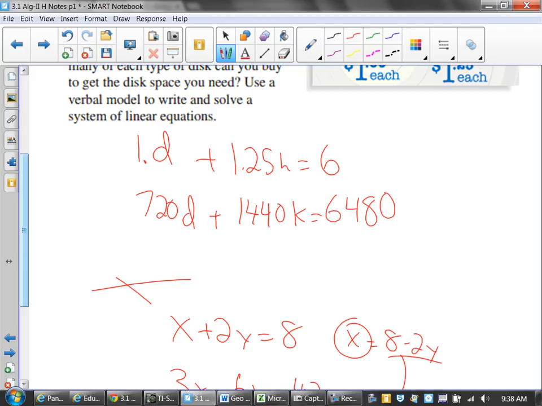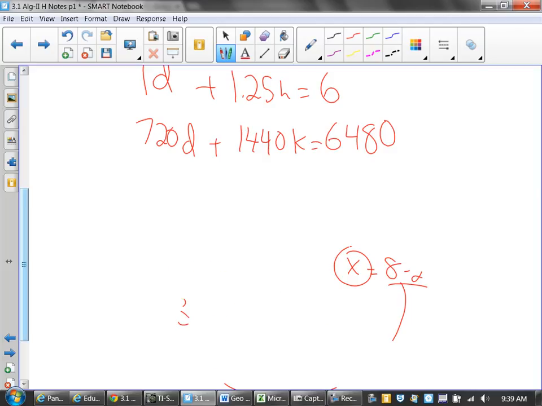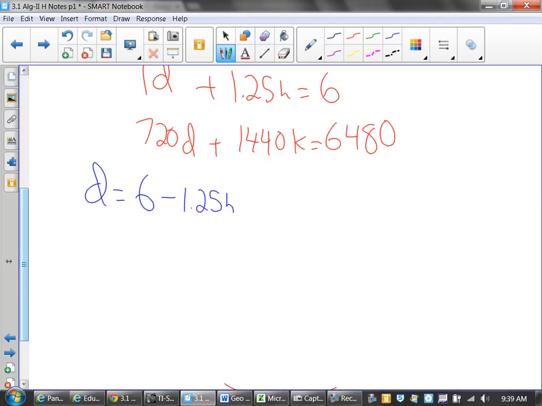Now, in this case here, do you see how d has a coefficient of 1? Everybody with me on that? So what I'm going to do for this is get d all by itself. So d is 6 minus 1.25h. Do you agree? From here, I'm going to take this value and substitute in here, and I get 720 times (6 minus 1.25h)